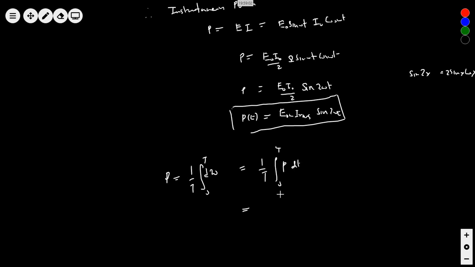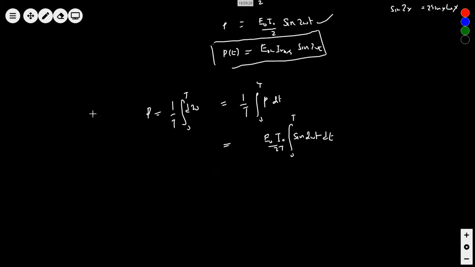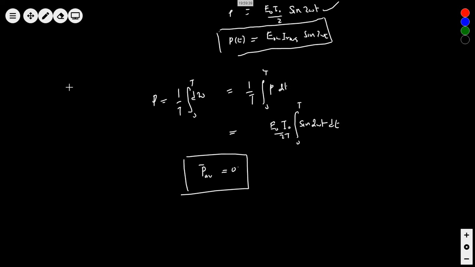Again if I do this, what I'm going to get here is E naught I naught sine omega t. I'm using this equation directly. Please try to do this one now, you know how to do it. So 0 to t sine 2 omega t dt. Again, integration of sine 2 omega t dt is 0. So that means the average power consumed is again 0 for the capacitor as well. Okay, again power consumed is 0.